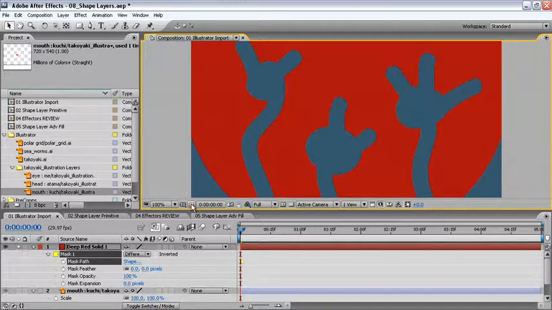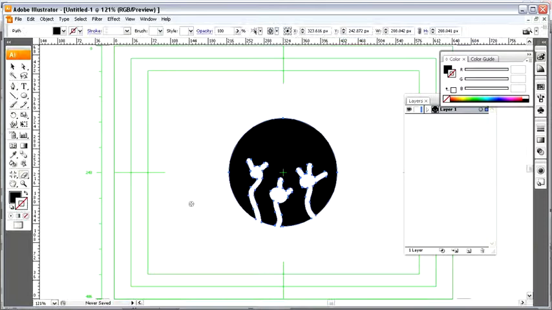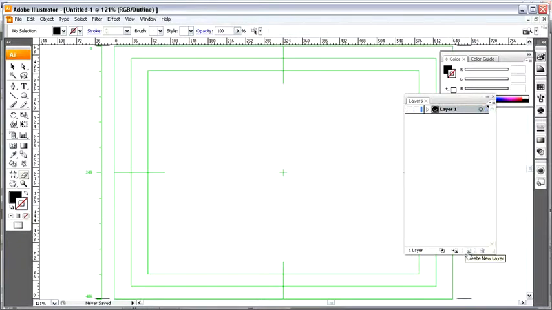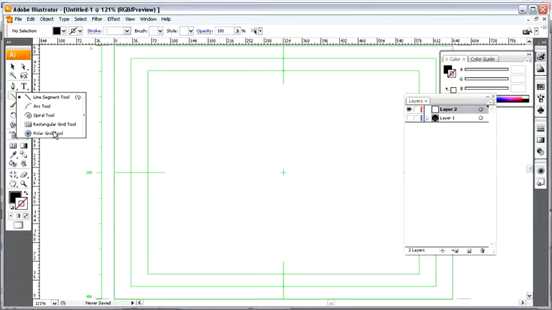If we head back to Illustrator by using Alt-Tab or Command-Tab, we can turn off the layer for our sea worms. We'll go down here and create a new layer. With the new layer created, we'll go up to the toolbar, then under the lines, draw a new grid. The grid we want is the polar grid. So with the polar grid tool